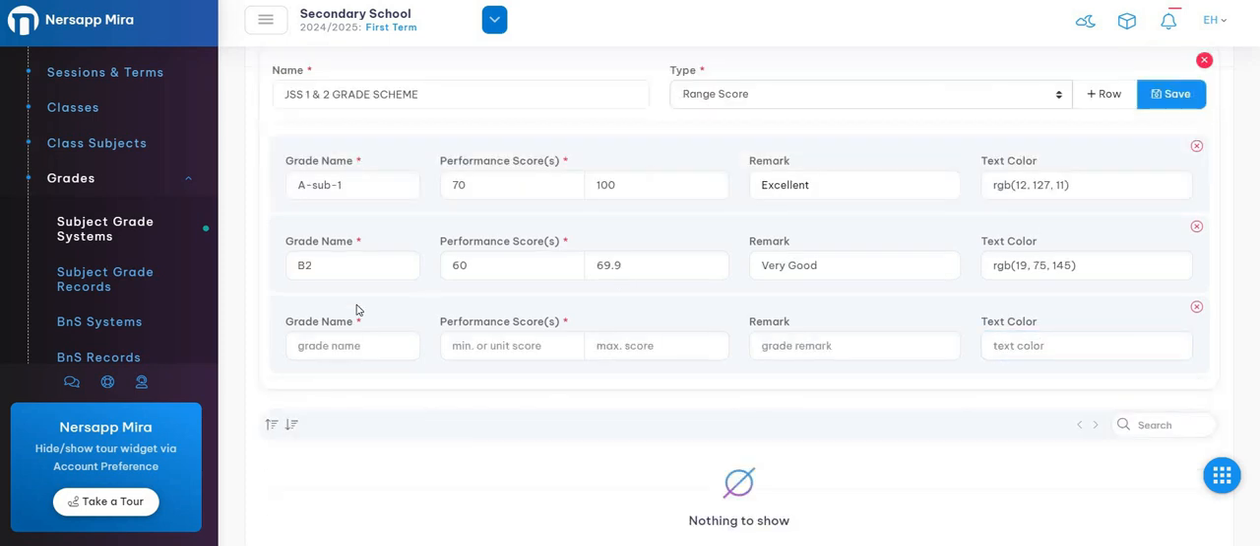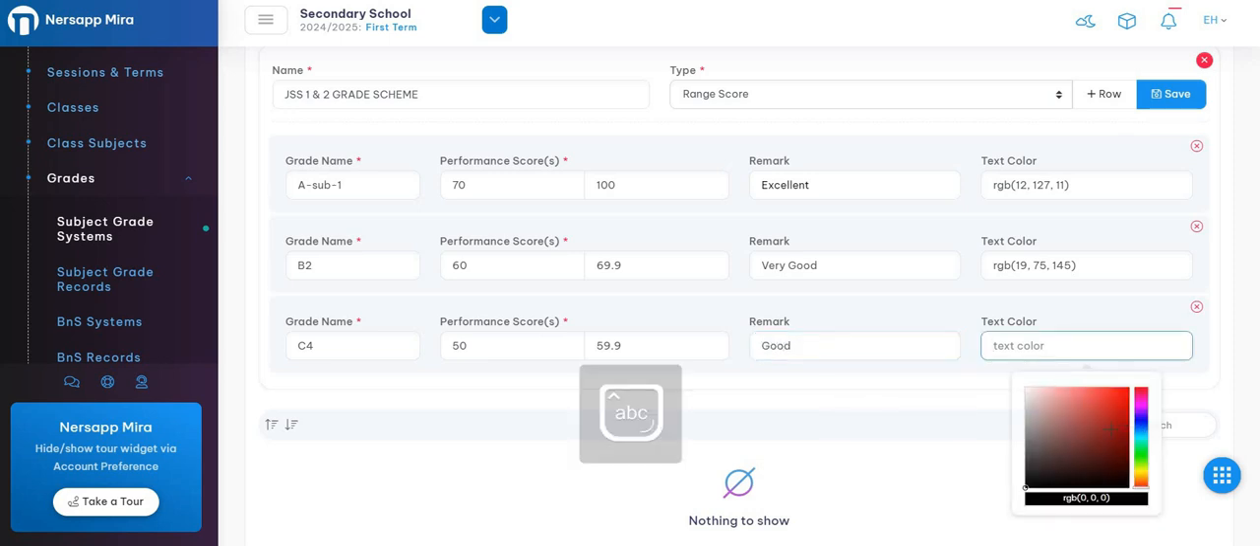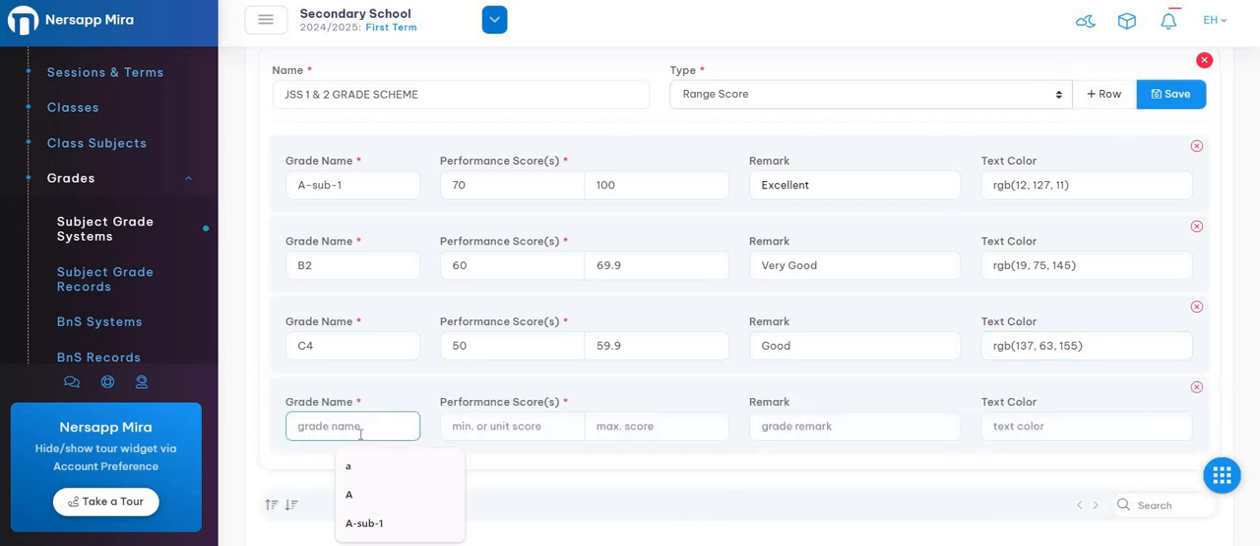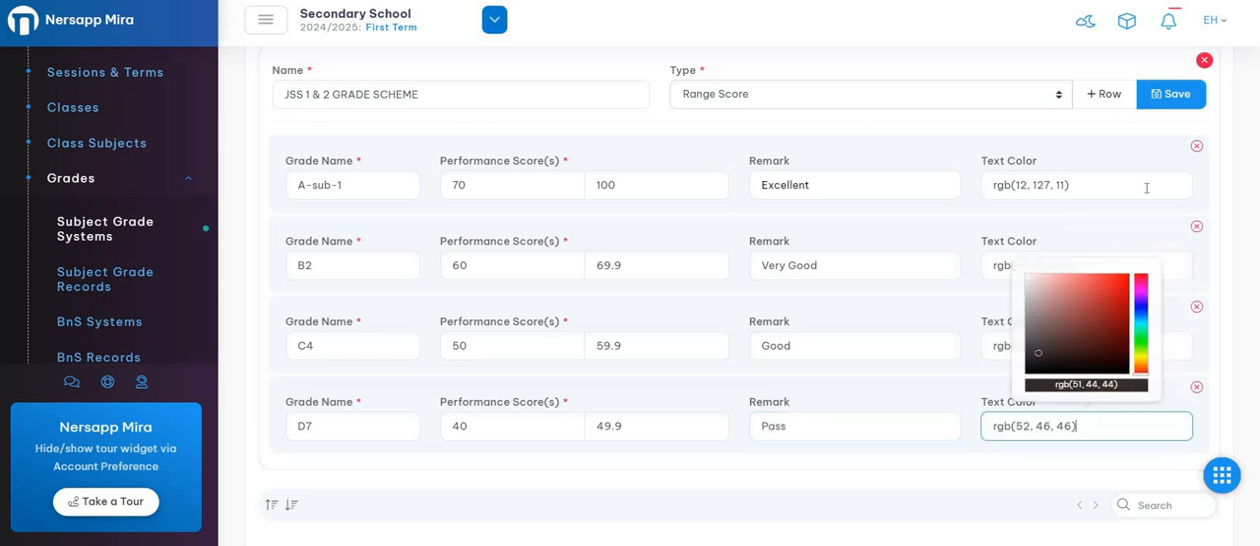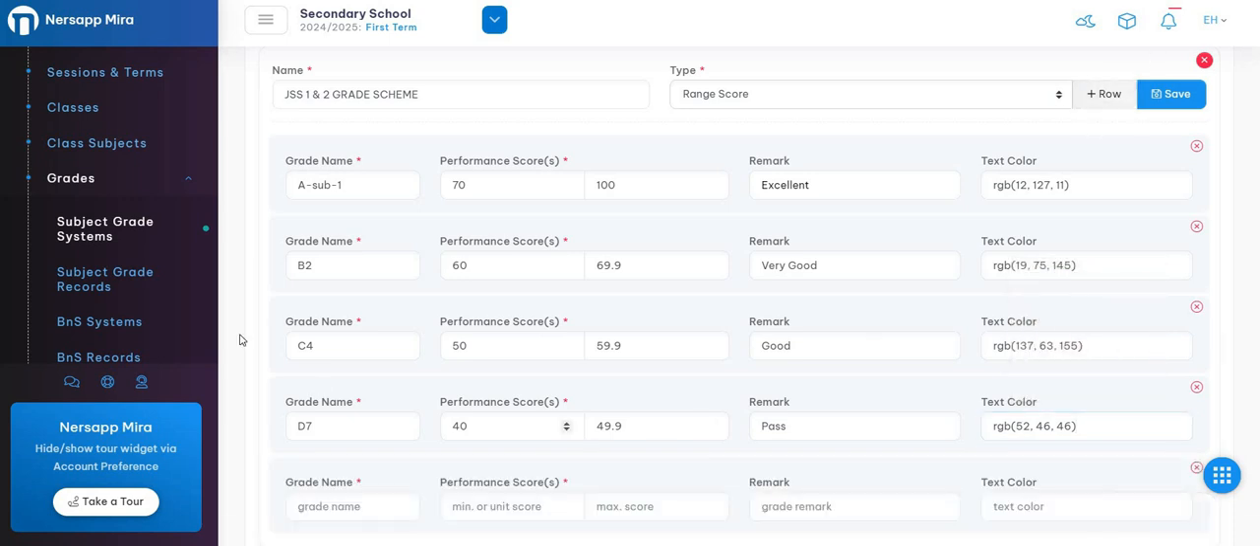Let's add a few more. You have C4, and here says 50 to 59.9. The remark there is good. The color here can be any color of your choice. You add a few more. D7, 40 to 49.9. Say it's pass. You can give it a dim color. Then finally, you can add